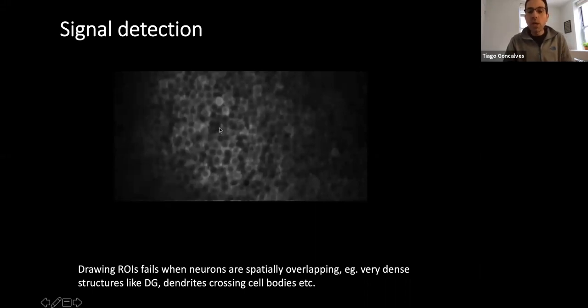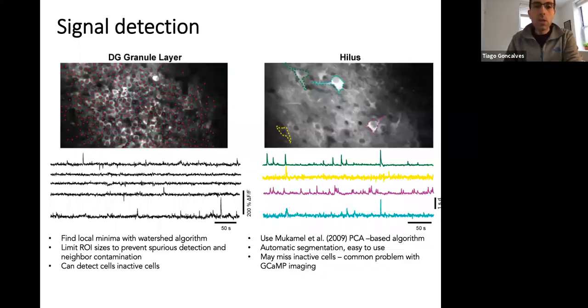And then you have situations, for example, where the dendrite of one cell is superimposed into the ROI of the next cell, right? When that cell flashes, its dendrite that is overlapped into the neighboring cell creates a problem, because if you have this ROI, you'll be contaminated with the signal from the cell next door. So that's why, yes, you can use these kinds of algorithms that look at ROIs per se,